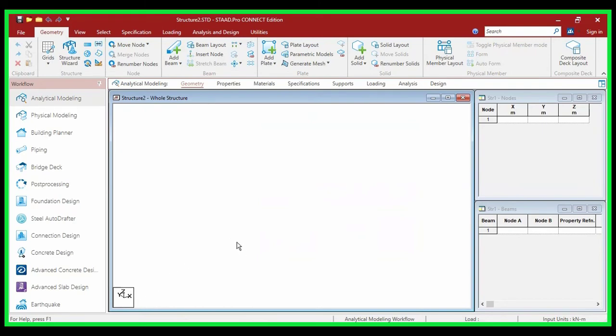So that's it for this lecture, but I do not recommend changing the vertical axis of GCS, because we are all practicing and making all our structures keeping Y as up, which is the default option. So I recommend not making any changes to GCS, but you must know the option is available. I'm not sure what the general practice is in other countries, but in India we always keep Y as up. But you must know how to change the vertical axis of GCS. So that's it for this lecture.